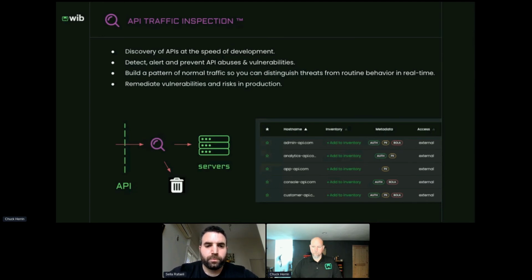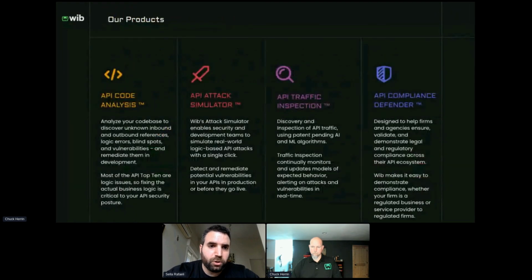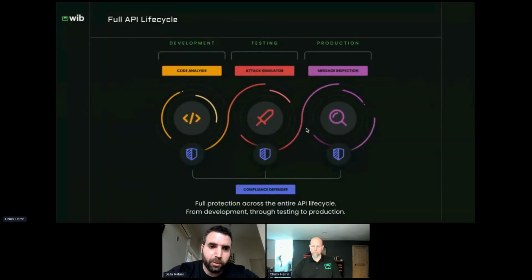So to recap the various products we've seen, each one constitutes a part of a whole approach, a holistic approach of covering the full life cycle of the API. So you absolutely need a tool to cover your development, you need a tool to cover your testing, you need a tool for your production defense. All three tools together can give your organization 360-degree coverage of your API security, and without even one of them, you don't know what you're missing.